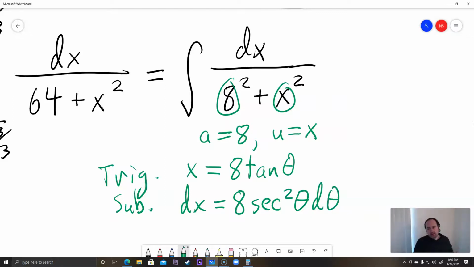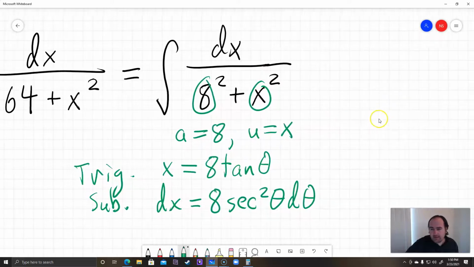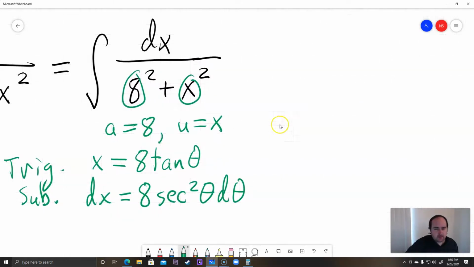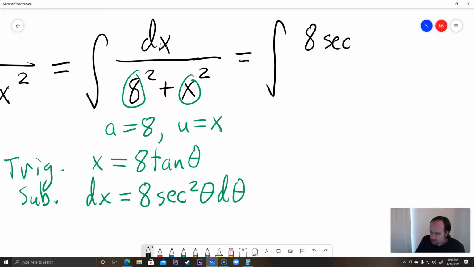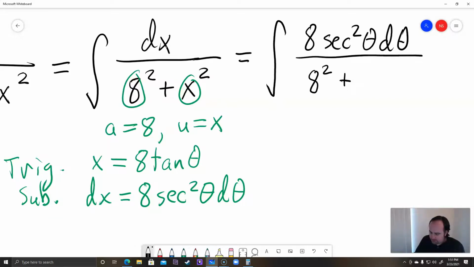And what I'm doing is I'm just kind of rolling with this, and we'll see how it goes. If this doesn't work, we're going to have to get a little bit more creative. We may have to do a trick here. So if we plug the stuff in now, in the numerator we have the integral of 8 secant squared of theta d theta, and in the denominator we have 8 squared plus 8 times tangent of theta